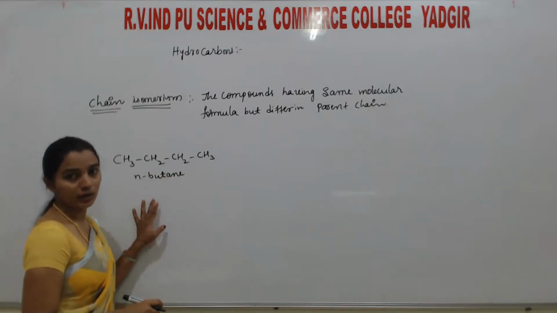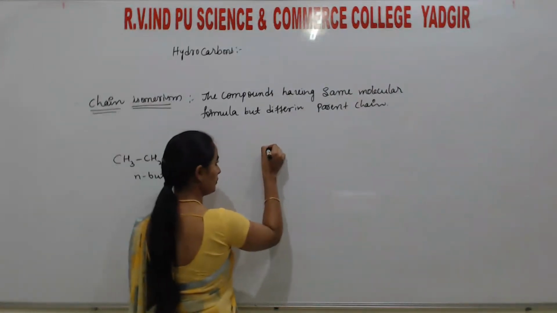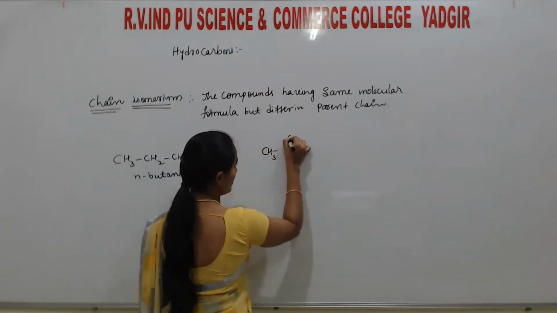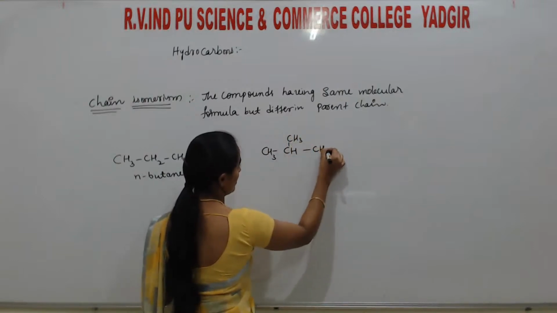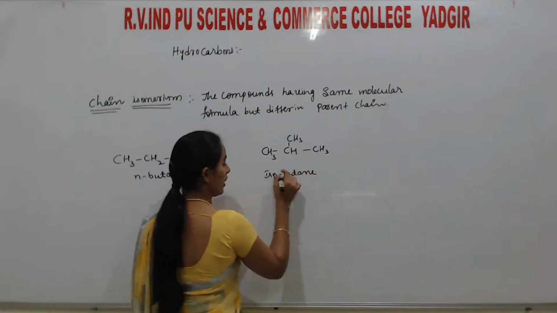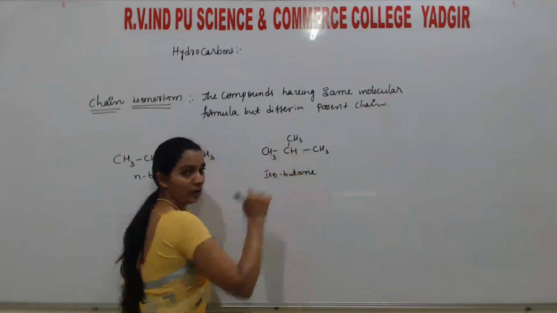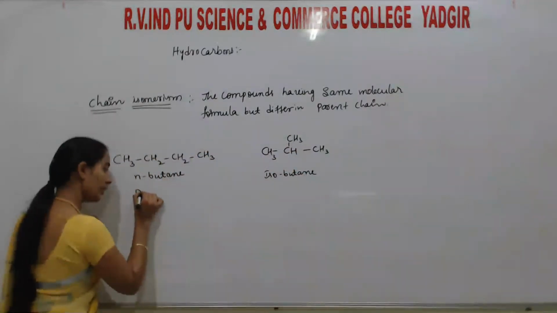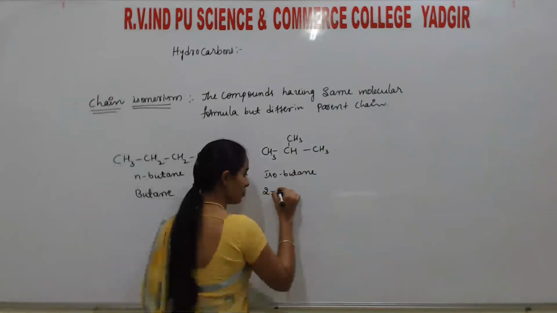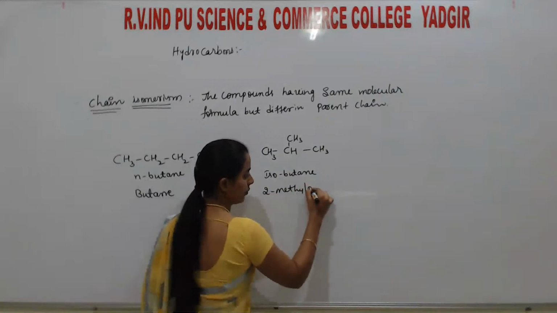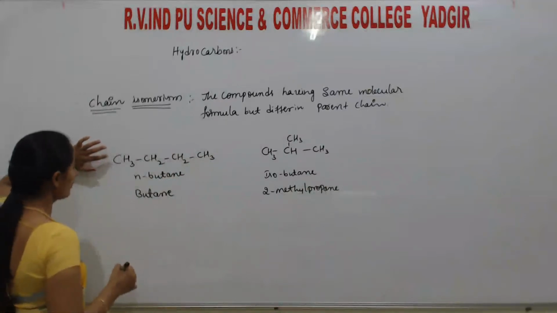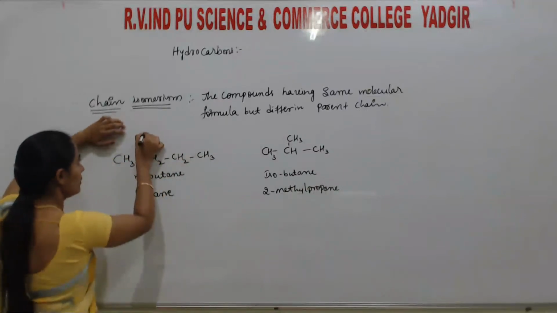N means normal. Next, CH3, CH, CH3, CH3. This is isobutane. Iso means secondary carbon atom. Okay, listen, if I write the name in IUPAC manner, this is butane. This one is 2-methyl propane. So students, here if you count the number of carbon atoms, that is 1, 2, 3, 4 carbon atoms,